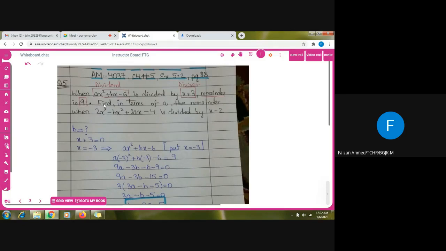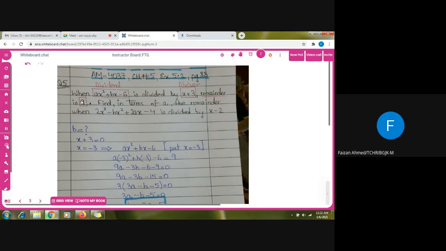Why we are finding the value of b? Because in the second part of the question, it is clearly mentioned that find in terms of a. I have to find in terms of a, that means I have to remove this b and find the remainder in the second part. So how can I remove this b? I can remove this b by finding out its value by using these three conditions which are given to me